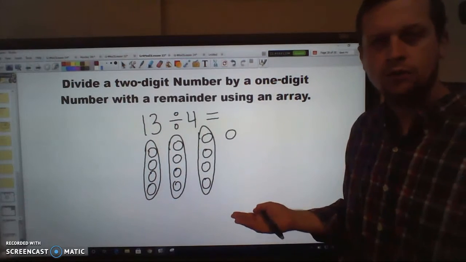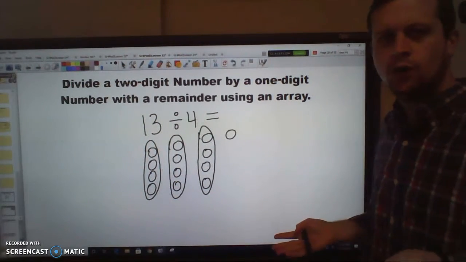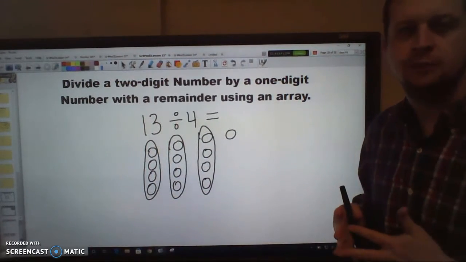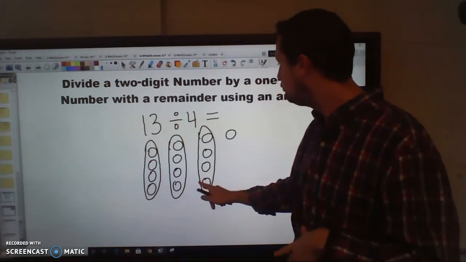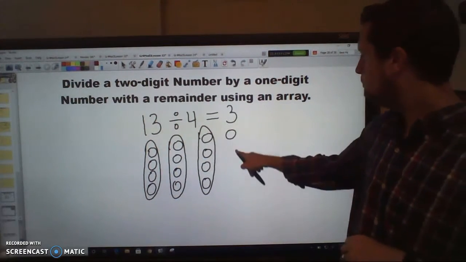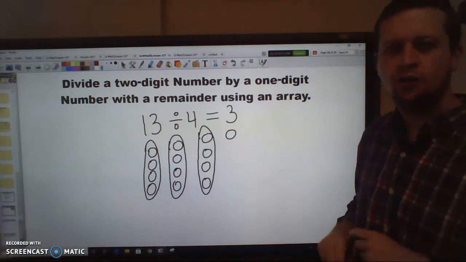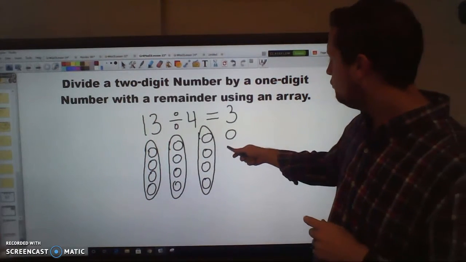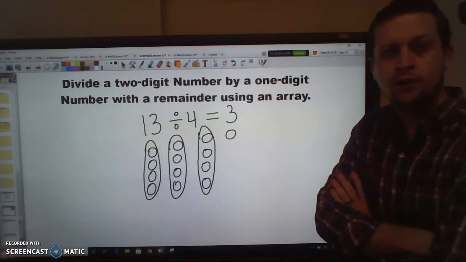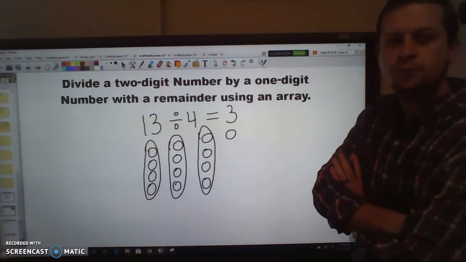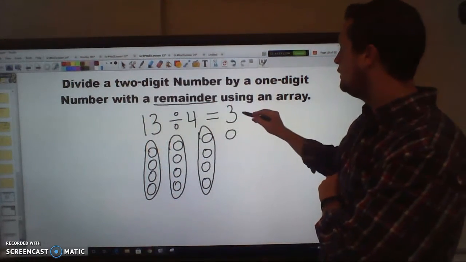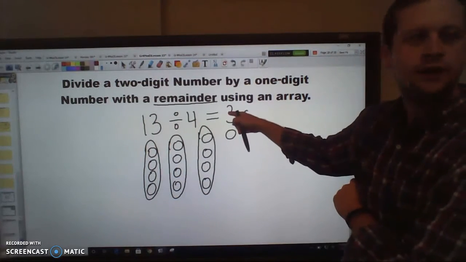So now we have 13 divided by 4. Well, what does that equal? Well, how many total whole groups did we just make? Well, we still made 1, 2, 3 groups. But we don't have enough to make another group. We would have to have 1, 2, 3 more students join the class to make another group of 4. So what this is letting us know is that we're going to have 3, and we're going to use this word now, remainder, that means left over,